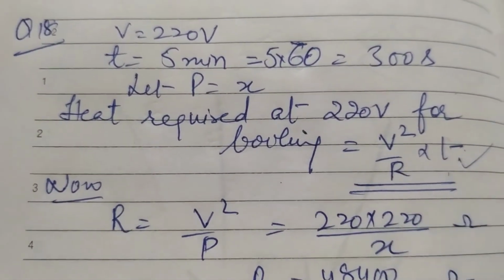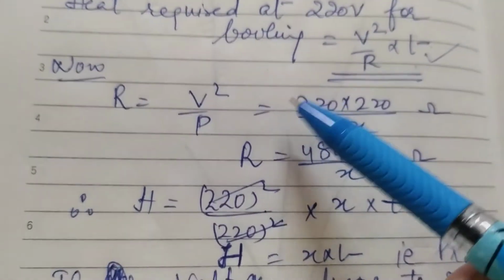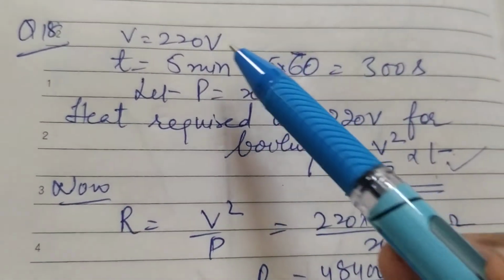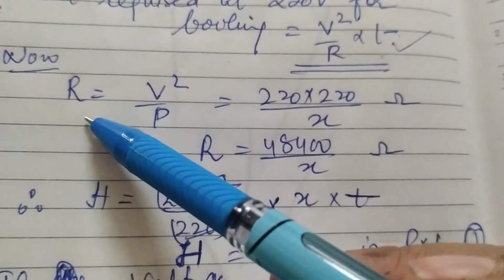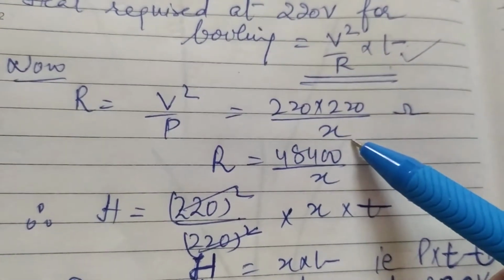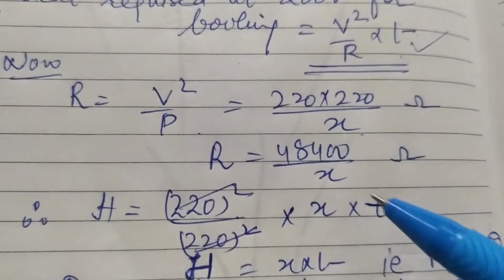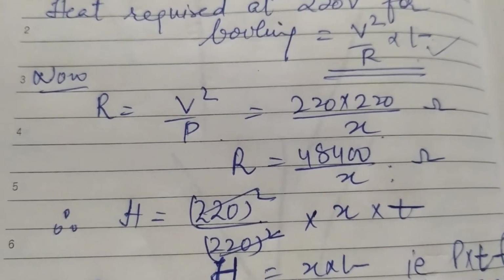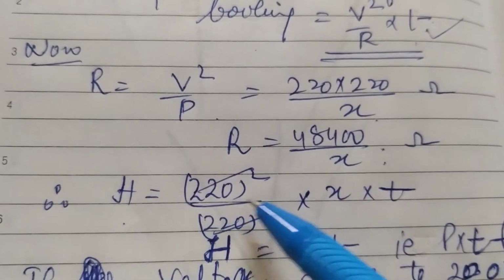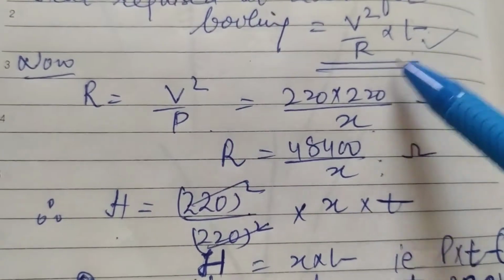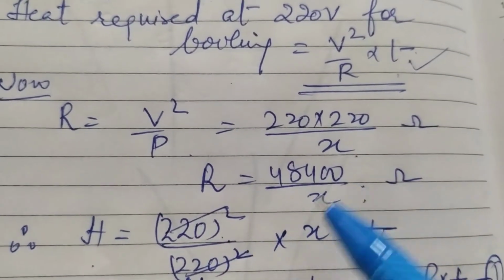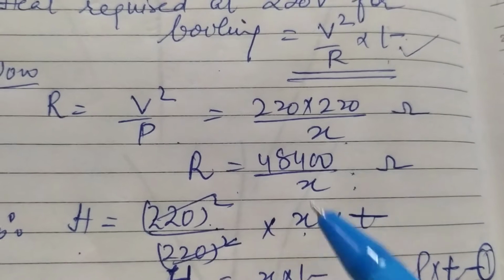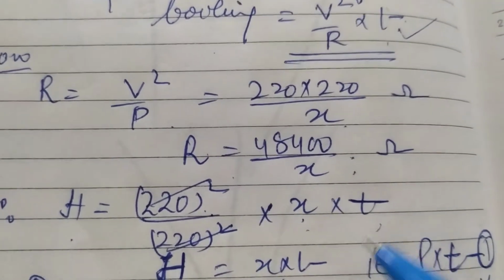Now let us talk about the resistance of that kettle. For that resistance, I have the power rating which is incomplete, in terms of X, but I still have V and P value in X. So I can calculate resistance in terms of X by the V squared by P formula, and it comes out this much. This resistance I will use in finding out the heat now. Now the heat required at 220 volt, which was V squared by R into T, I'll substitute the value of V, 220, and the value of R, that is 220 squared by X. So this square will go off and I'll only be left with X into T,